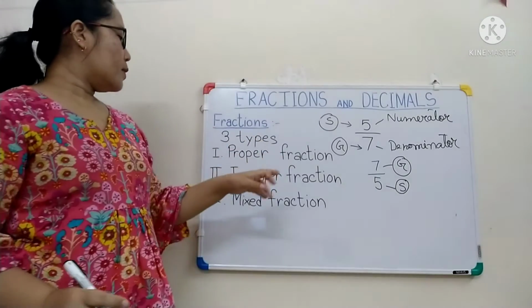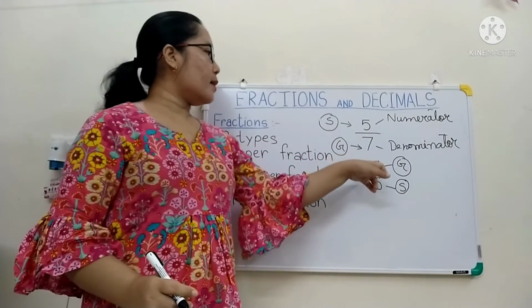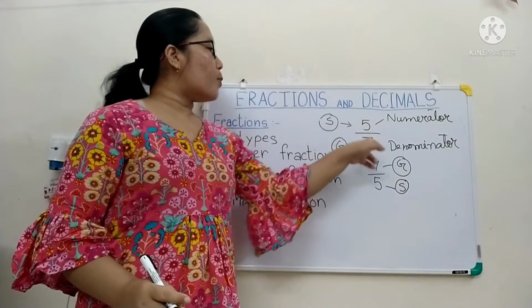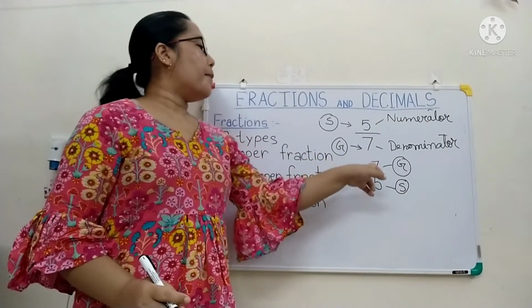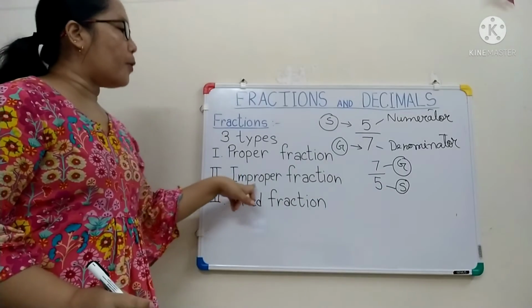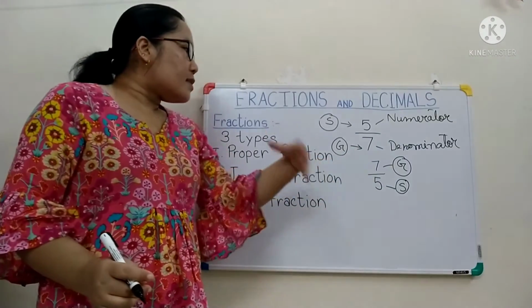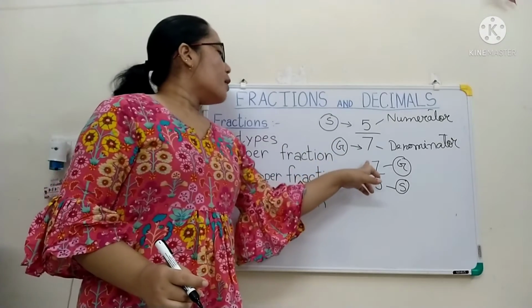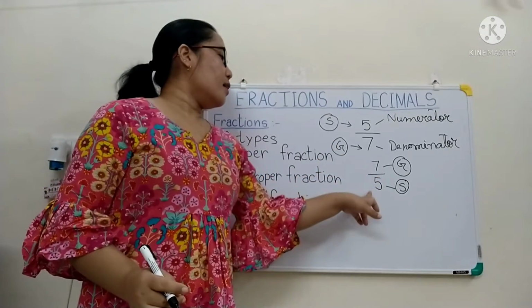Is it clear? So it is just the opposite. See, in case of the proper fraction, the numerator was smaller than the denominator, but in case of the improper fraction, it is just the reverse form, or you can say the opposite form, where the numerator is greater than the